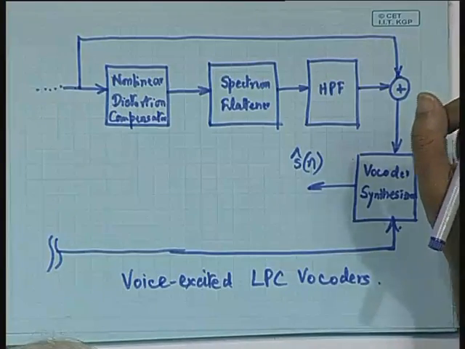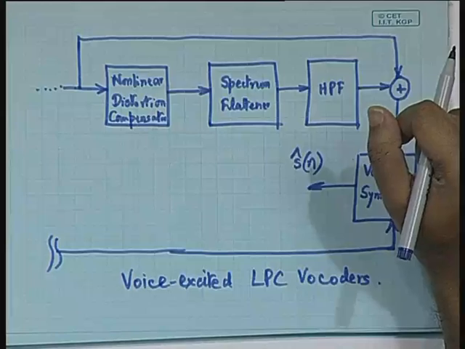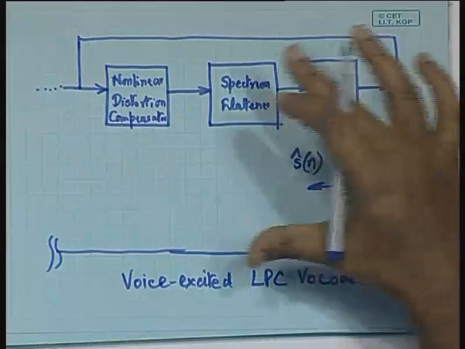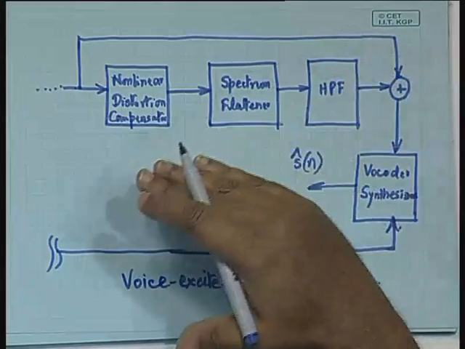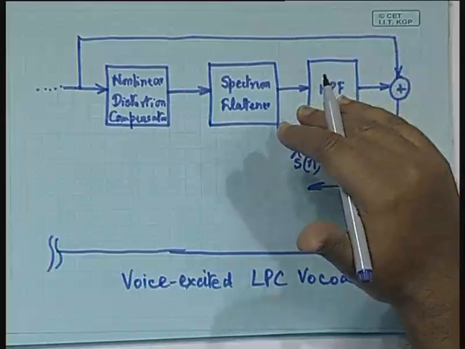The radiation of speech from the vocal tract, when it goes to the mouth cavity and then goes out, has some nonlinear distortion effects. That is compensated using this nonlinear distortion compensation, and it is this spectrum flattening which basically eliminates the spectrum